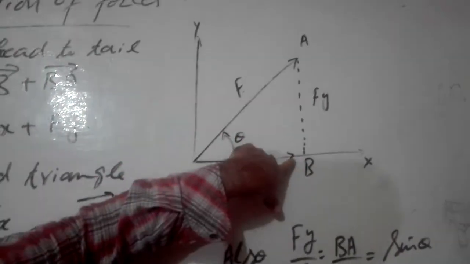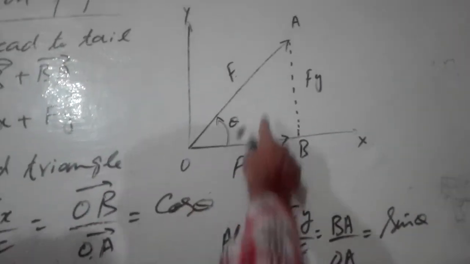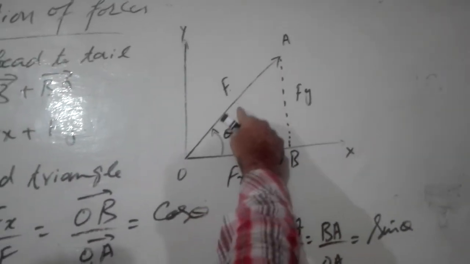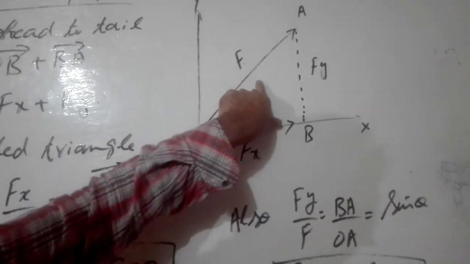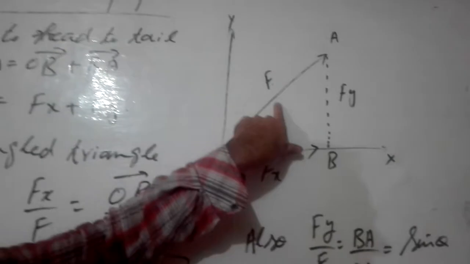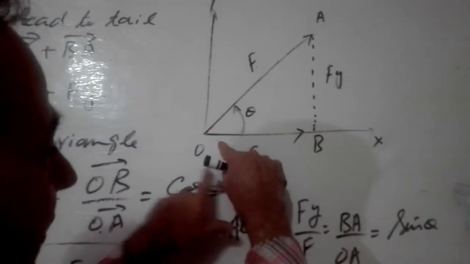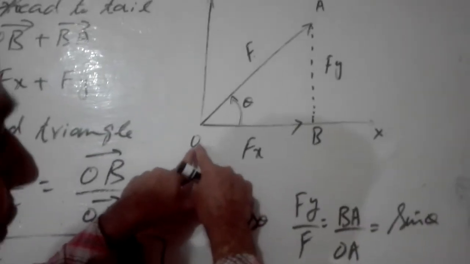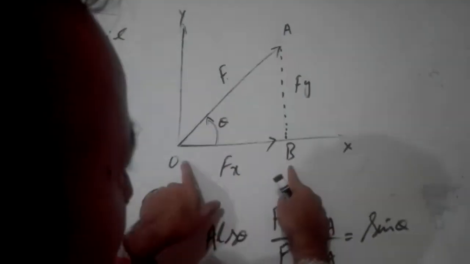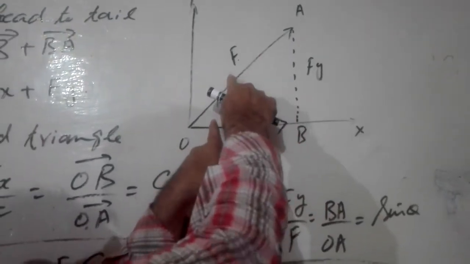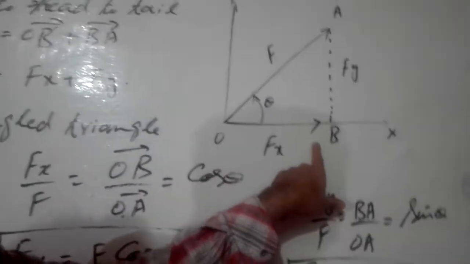So now AB is at a right angle, meaning AB is a straight line which is perpendicular. So this is the component. We have got two components of this force F, because I have split this force into its two mutually perpendicular components. Now I have gained two components, OB and BA. These are the two components which make up this force F according to the head to tail rule as well.